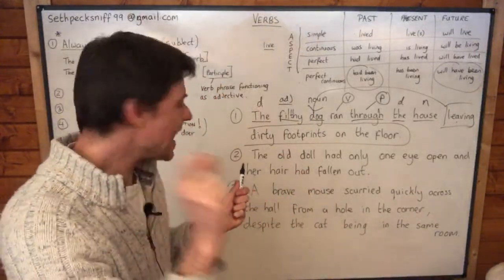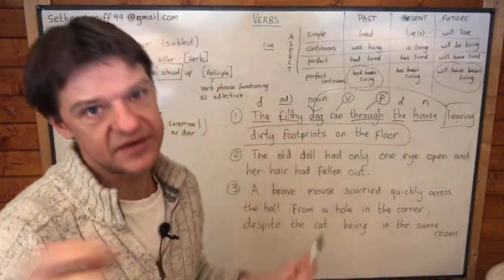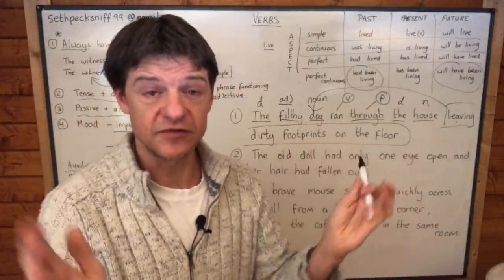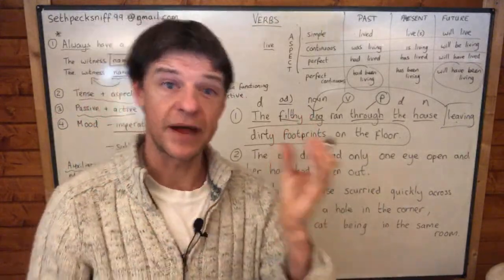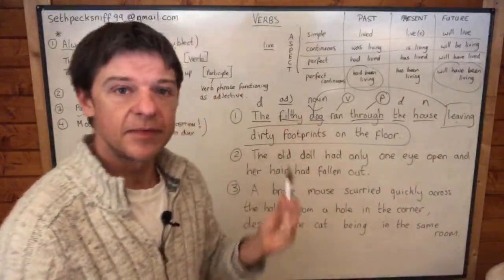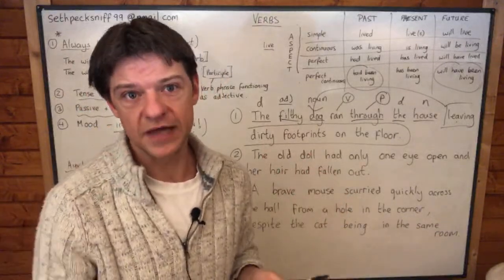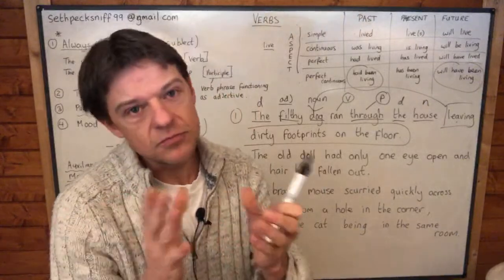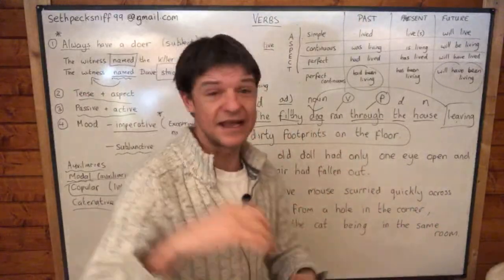But we don't have the "was" there. It doesn't say the dog was leaving dirty footprints on the floor. If it says the dog was leaving dirty footprints on the floor, we've got a verb: "was leaving" is our verb and the dog is our subject. But if you just say the dog, leaving dirty footprints on the floor, ran through the house, leaving is not a verb then. Now you might choose to say leaving is a non-finite verb and ran is a finite